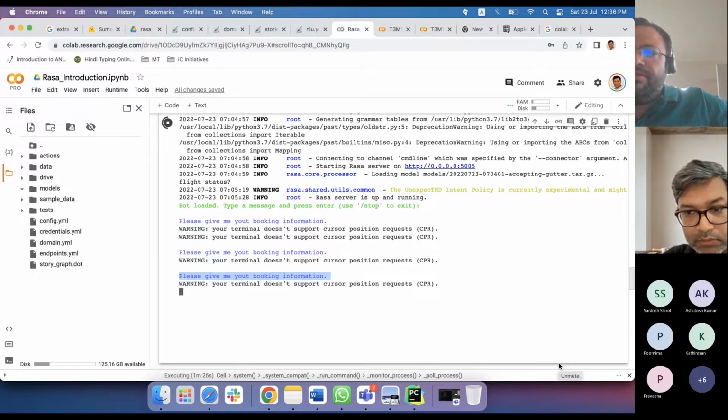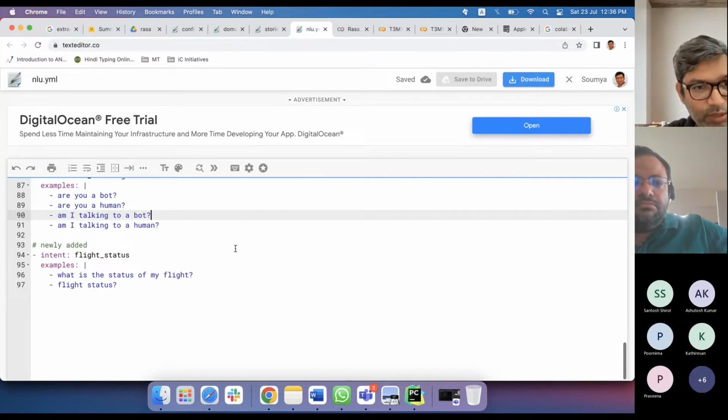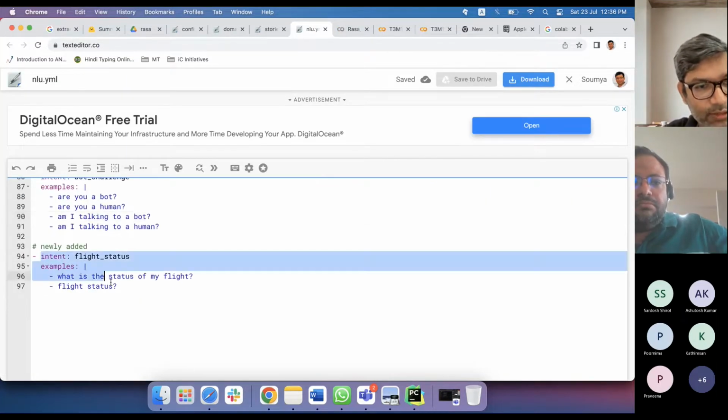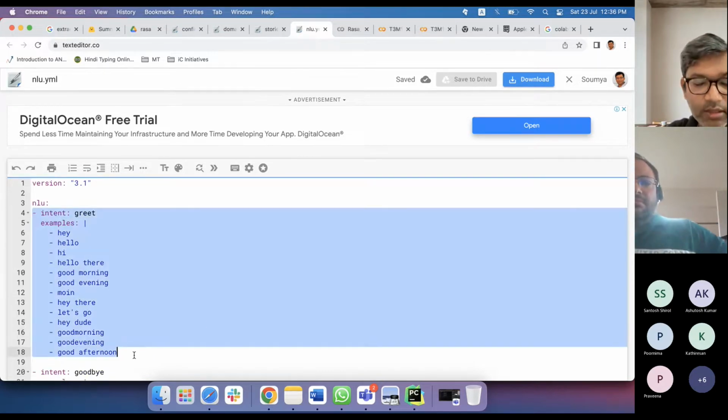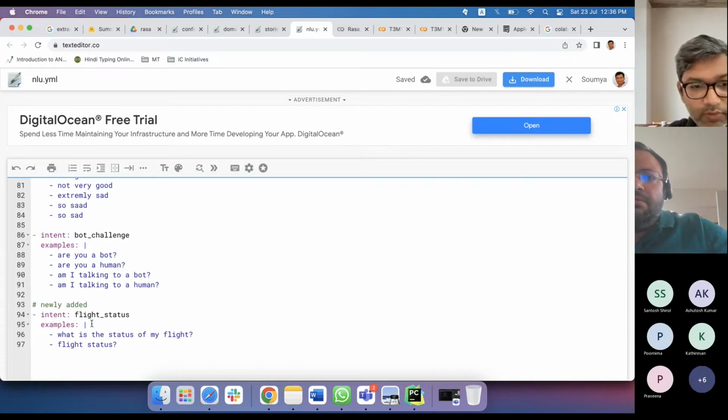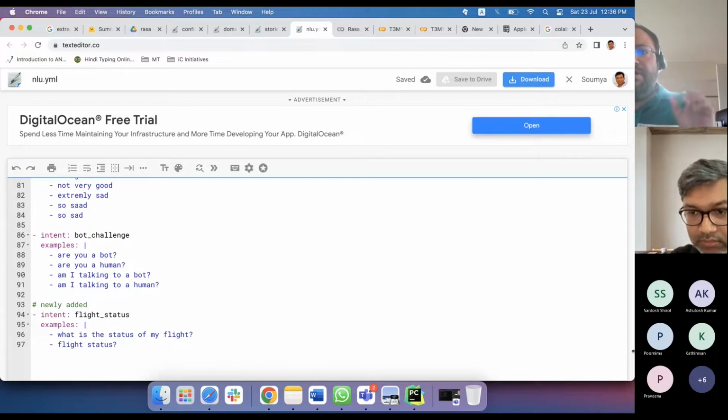Thank you, Soumya. Before we move to the next, yeah, go ahead. Sorry, sir. One question. We are going to add a new intent, flight status. Can we reuse the existing one for greeting rather than writing the greeting for flight status again? Yes, definitely. Whatever they give you by default, we'll have two things: happy messages as a greeting, and goodbye messages.